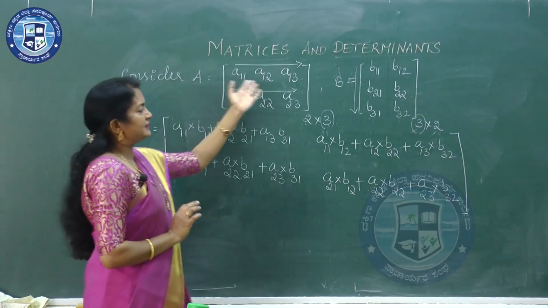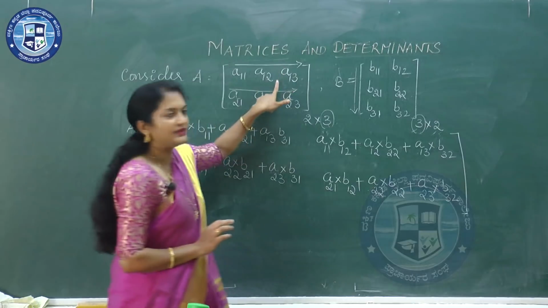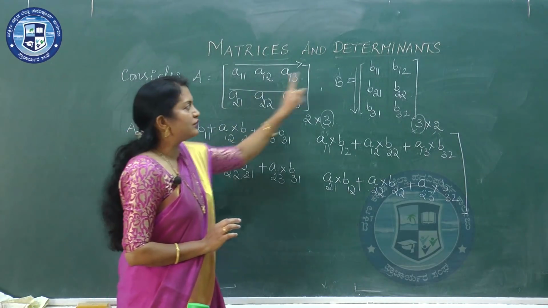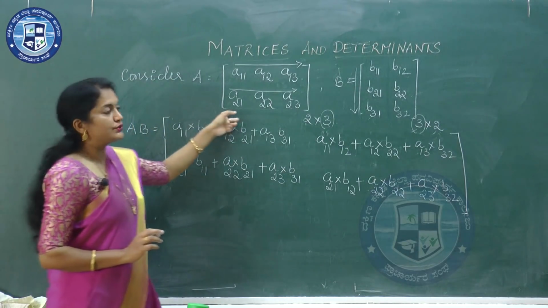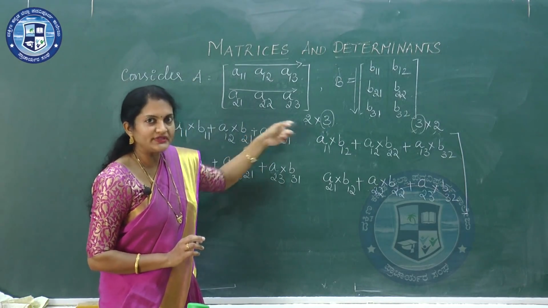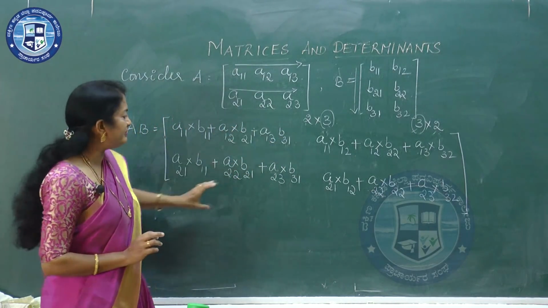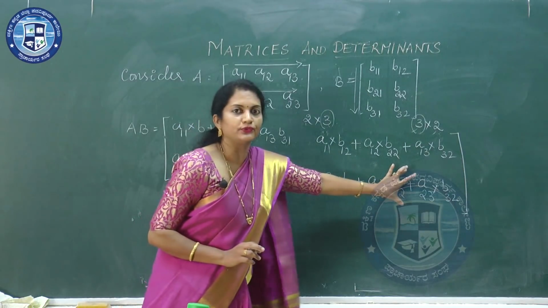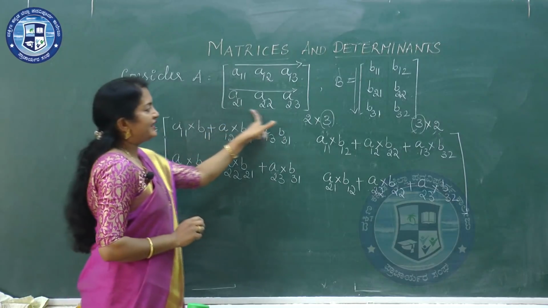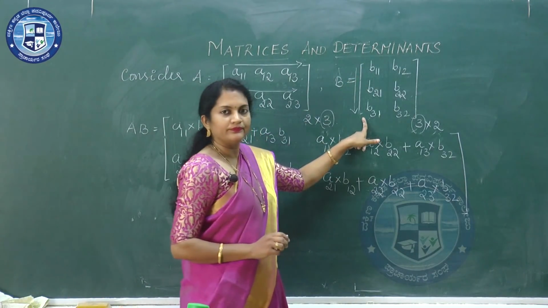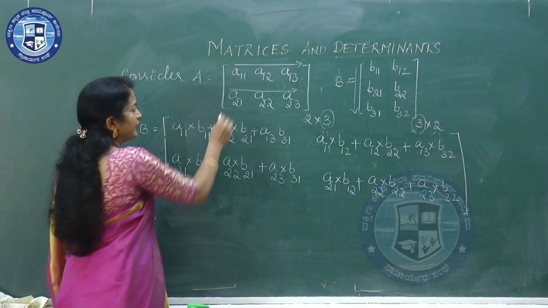So with this, now we completed the multiplication of both the columns with the first row. Now first row and columns multiplication is over. Now we have to choose the second row. Next we choose the second row. When we are choosing the second row, the elements we will be getting are in the second row of the product matrix. So second row, first column we multiply to get the first element of the second row.